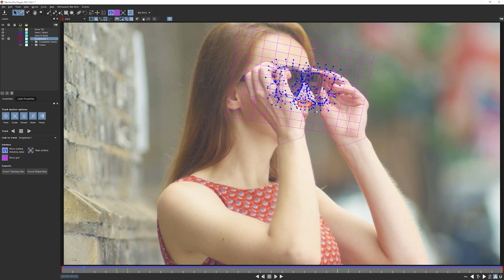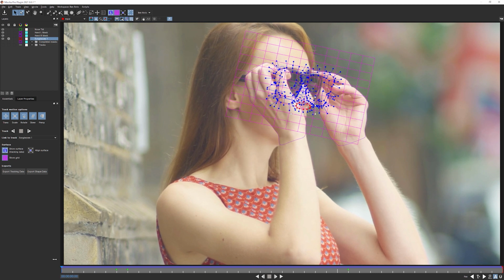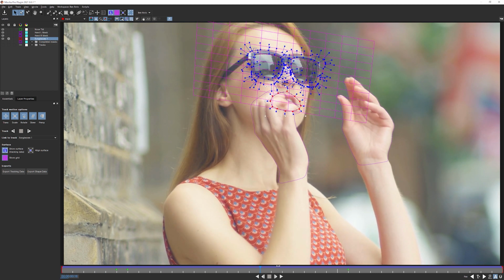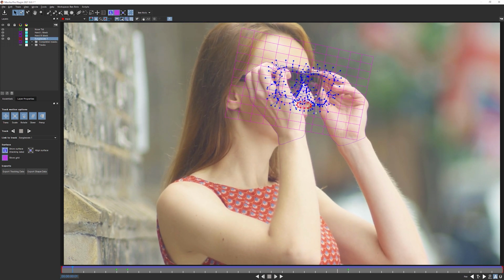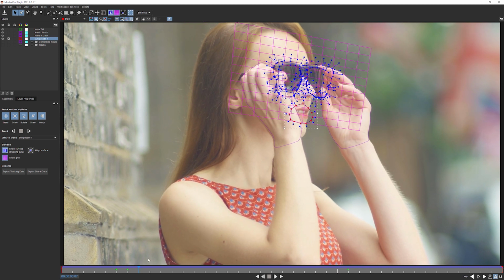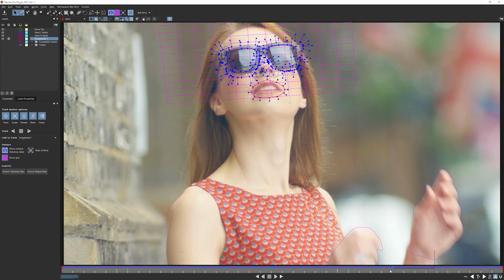In the next part of exercise 10, we're actually going to be using this tracking data to drive the missing parts that we have in our shape. So we're going to be doing this for the head, the sunglasses, of course, and possibly even helping us with the hair. Go grab yourself a nice drink of something, and I will see you back, coffee cup in hand. See you in part 5 of exercise 10, the basics of roto, continued.